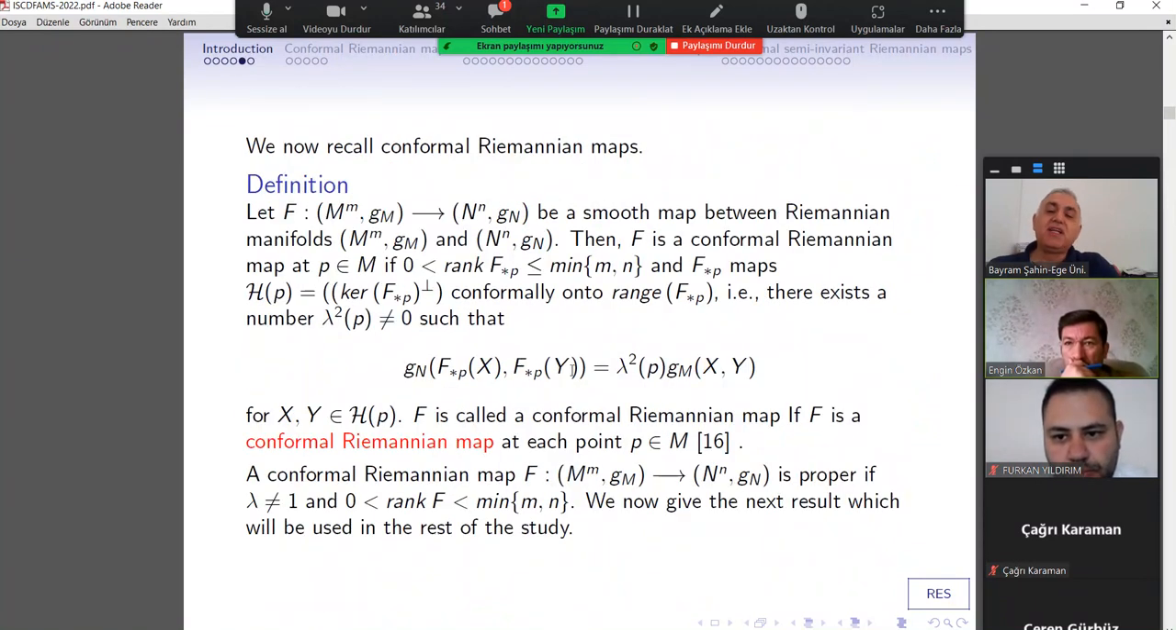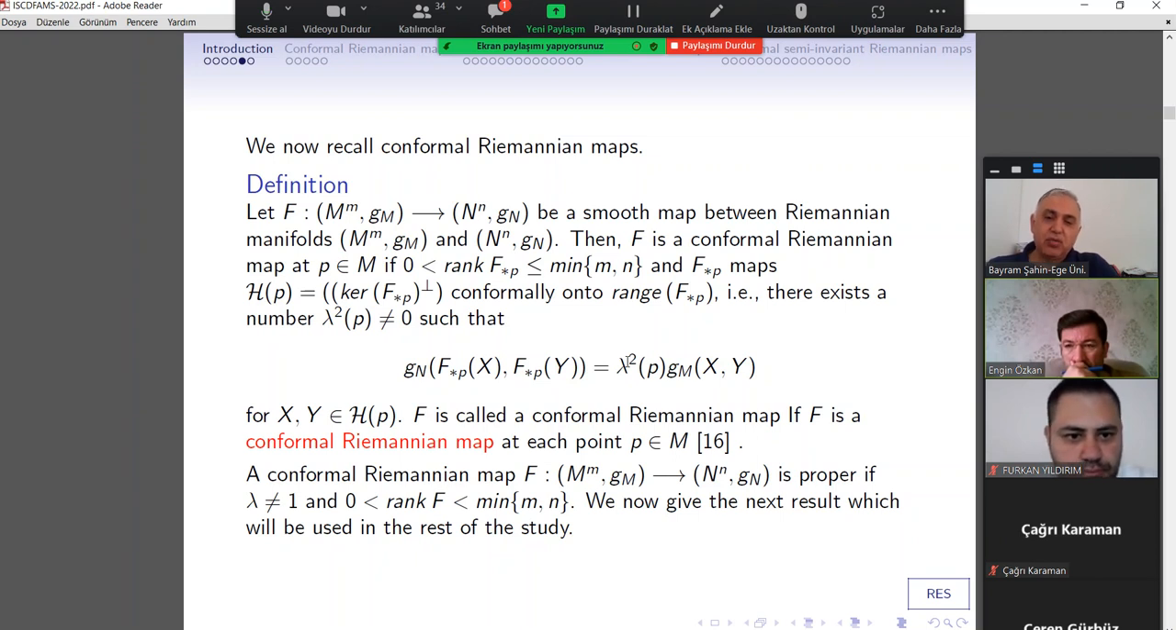I defined the conformal Riemannian map by considering a lambda function here, lambda squared. So in this case, you have a conformal isometry, maybe we can say. You have the target manifold N, the base manifold or total manifold M, and you have an F between these two Riemannian manifolds. Also, you have these Gn and Gm related by this function. So if the function lambda is 1, then you have a Riemannian map. Otherwise, you have some general